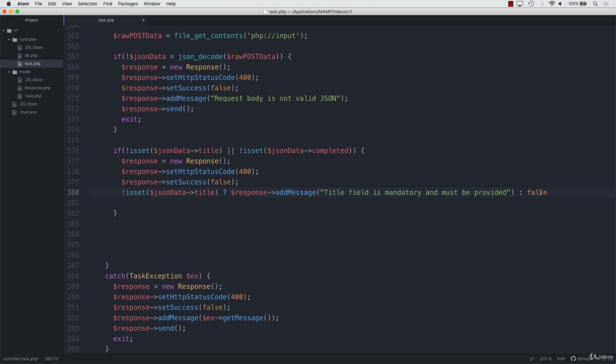So we're just returning false. So if we wrap that in brackets and put a semicolon at the end, so we're basically saying if title doesn't exist, then add this message to the response, otherwise false. Now if we copy that, to save us typing it out again, and we do the same for completed,